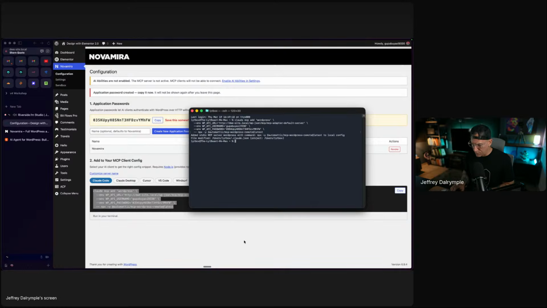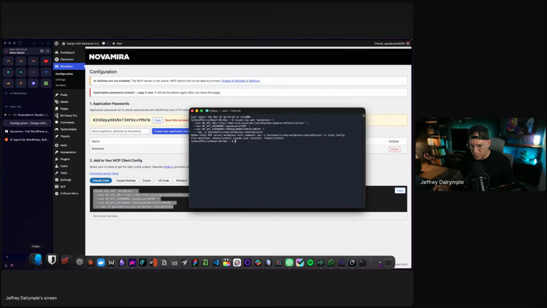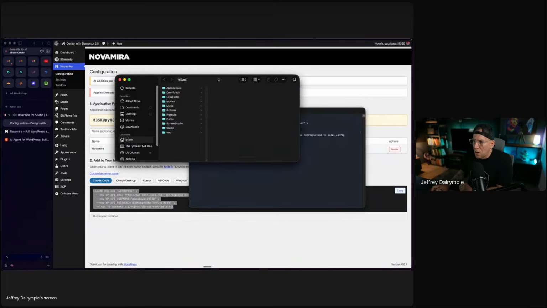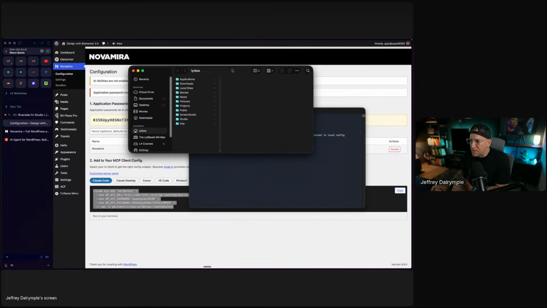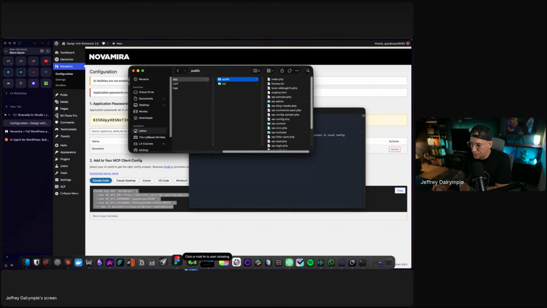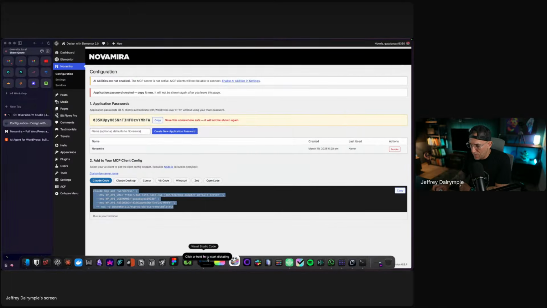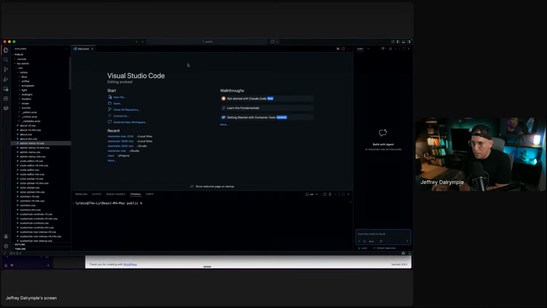In fact, I'm going to use VS Code for this one, because this is the MCP connecting directly to one of my local sites. So I'm just going to drop it in here, in VS Code. We've got the terminal.